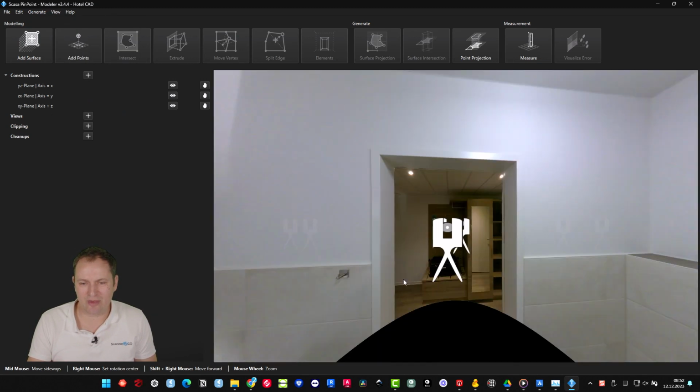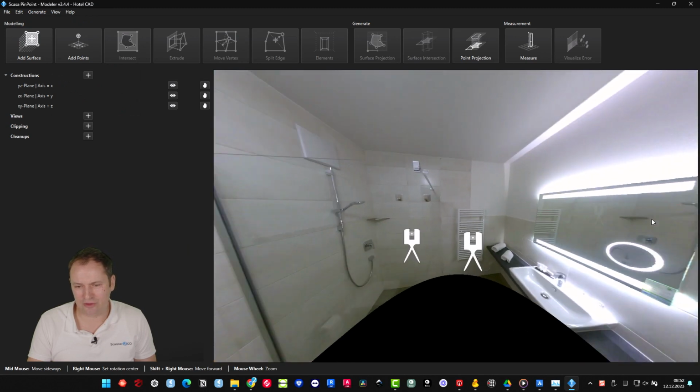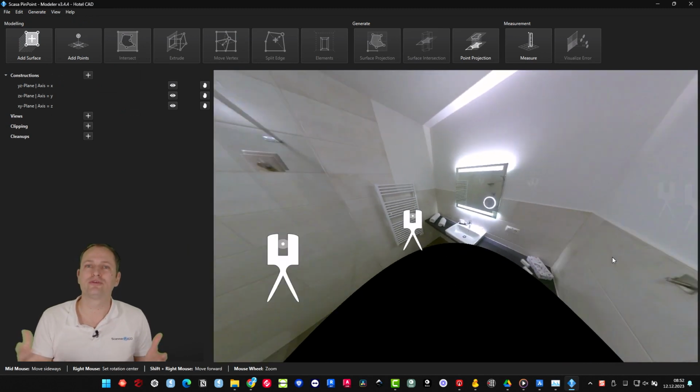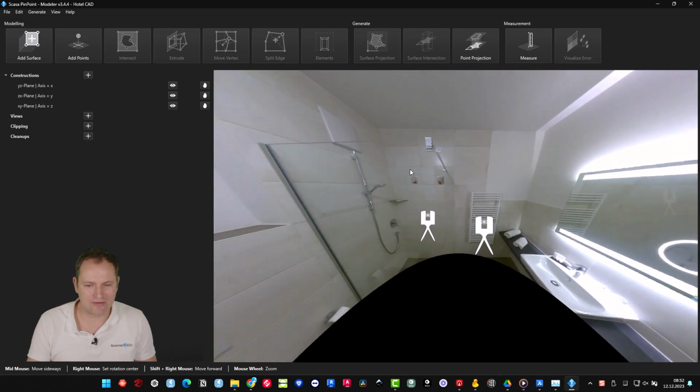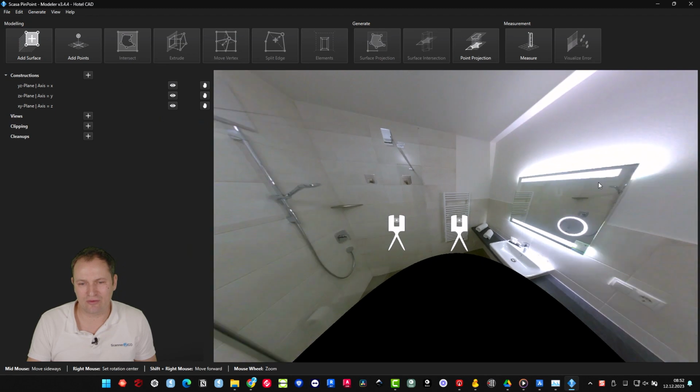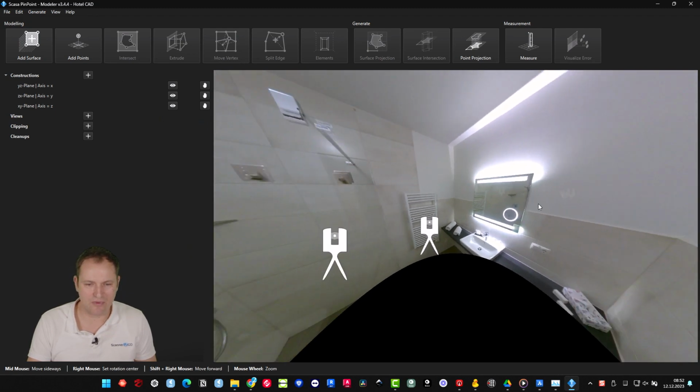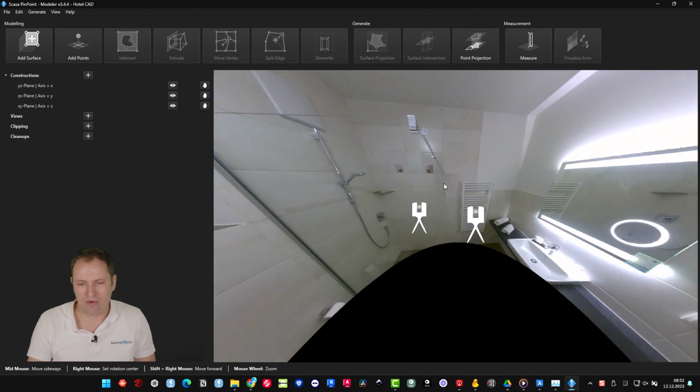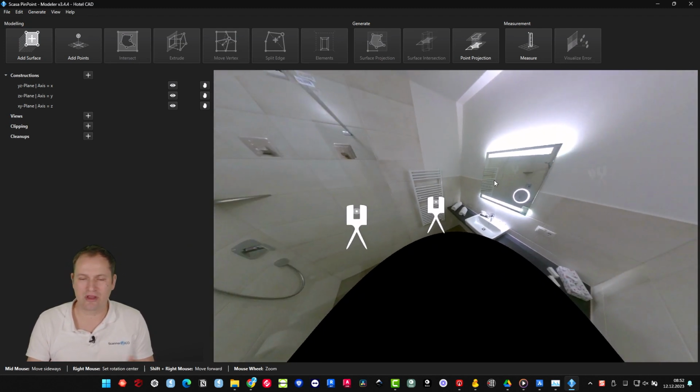First, you would jump into the room, and of course we have to model the room, so the main shape of the room. And there's one thing I'd like to explain before I start. You have two options to view the point cloud. Most people prefer this view because it's usual, it's like you saw it in reality.